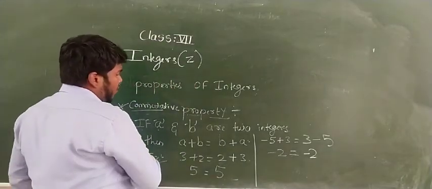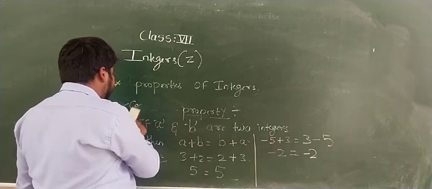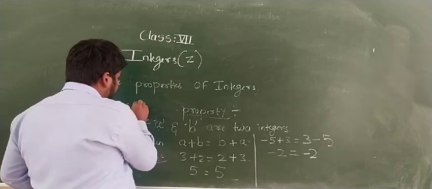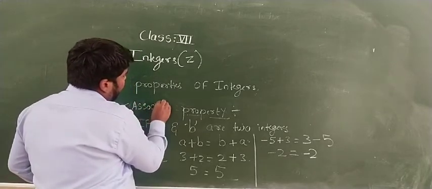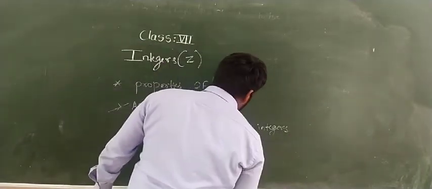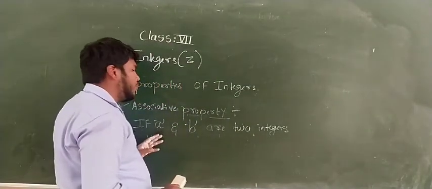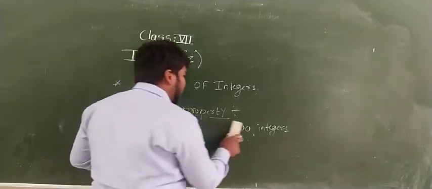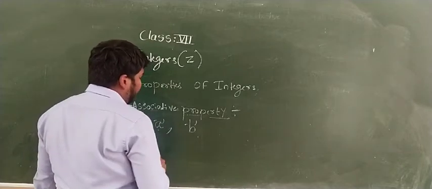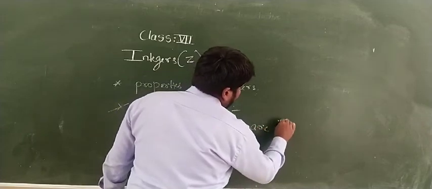Okay, so these are the properties of integers. Next one we are having is associative property. Third property. Here for closure property and commutative property we have A and B as integers, but here change the statement: if A, B and C are three integers,